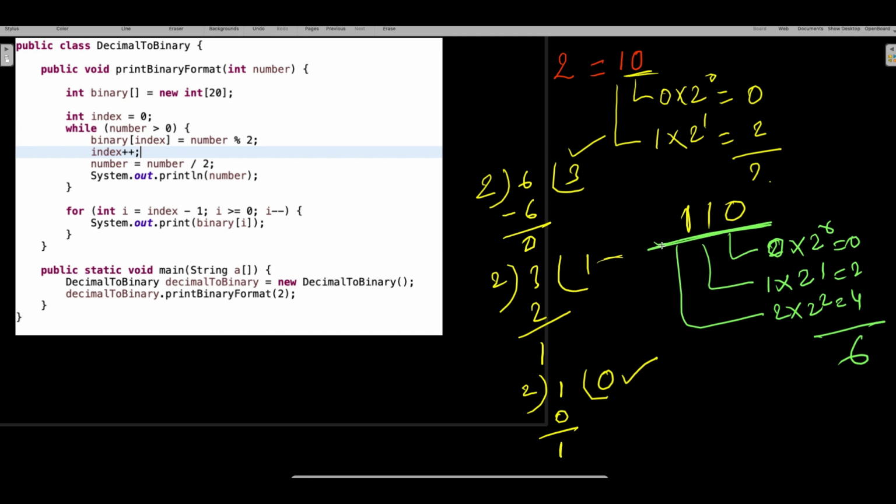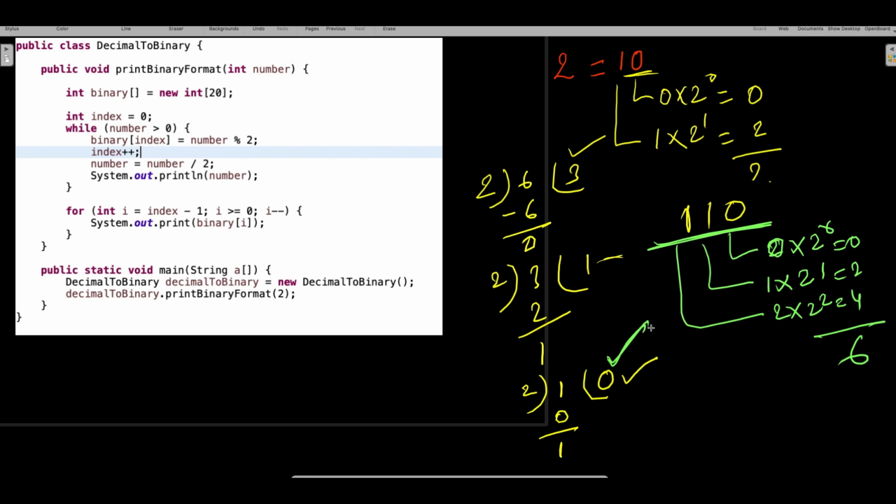Now guys, same thing if you have to write in the program. If you look at what I'm trying to do here, what is my termination condition? First try to understand. I am terminating this division if and only if my number becomes 0.